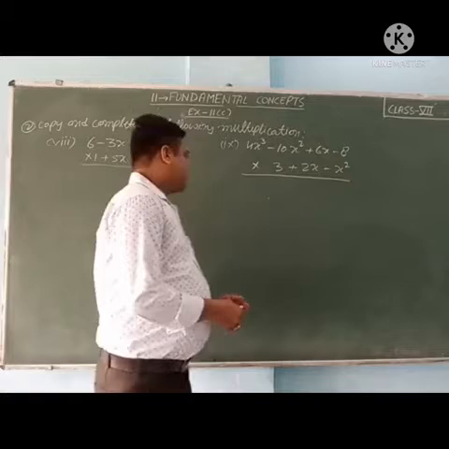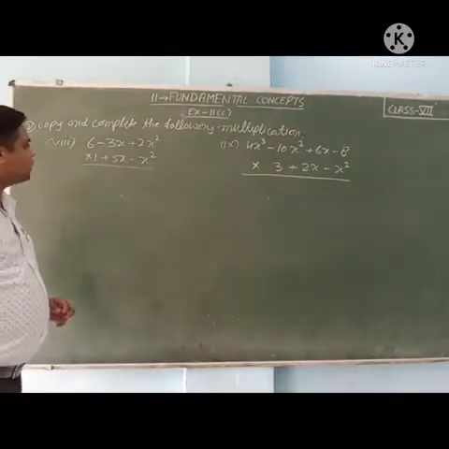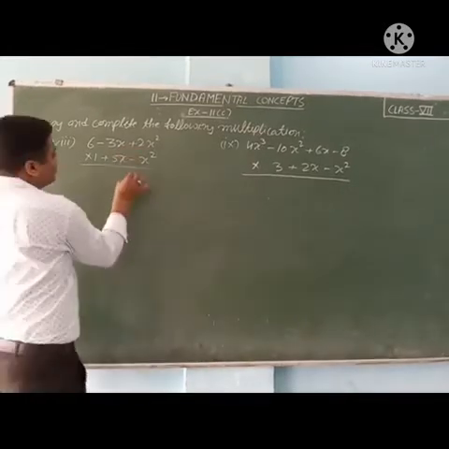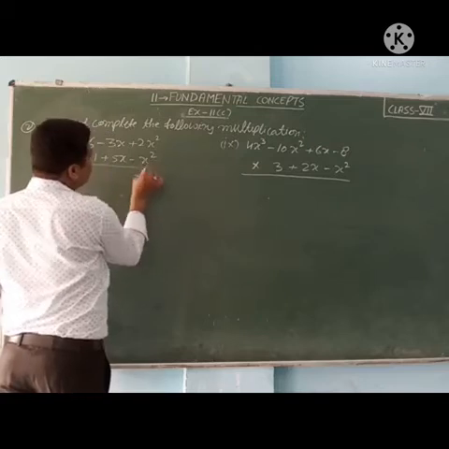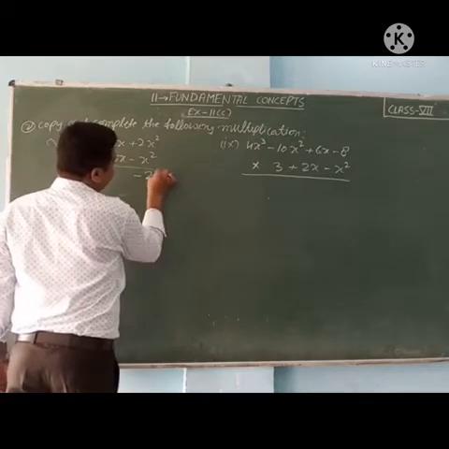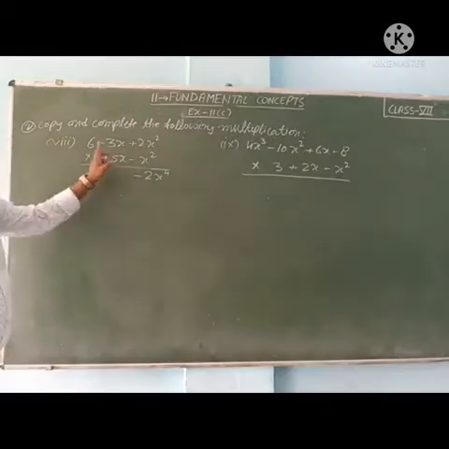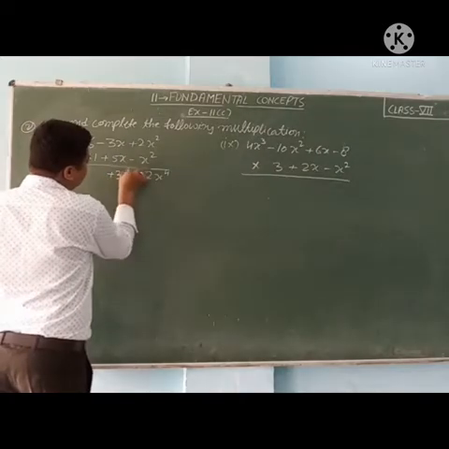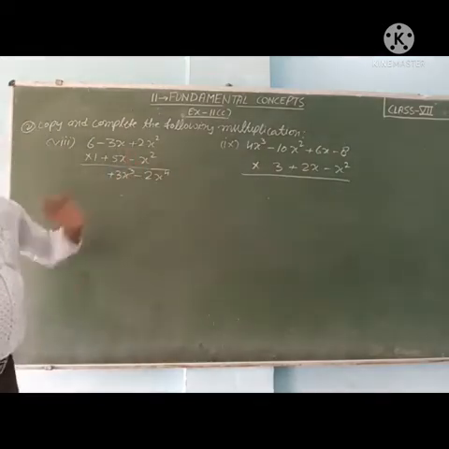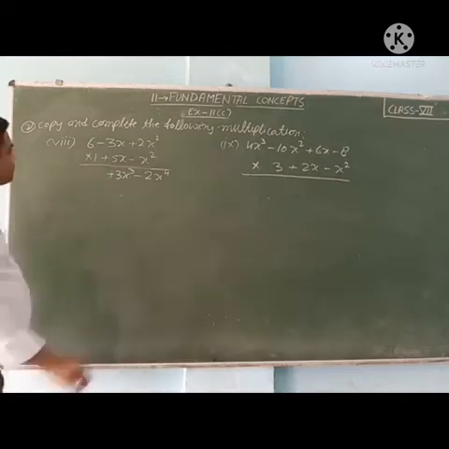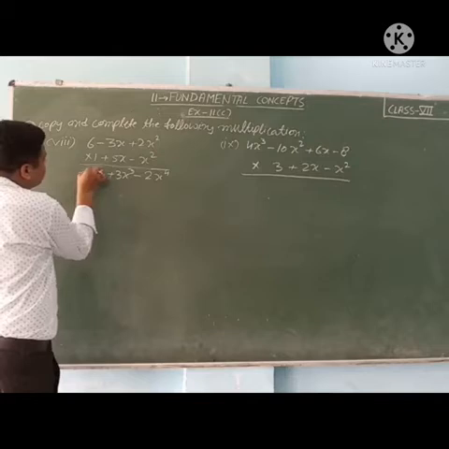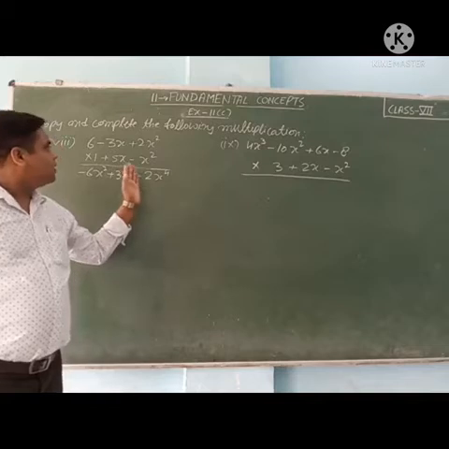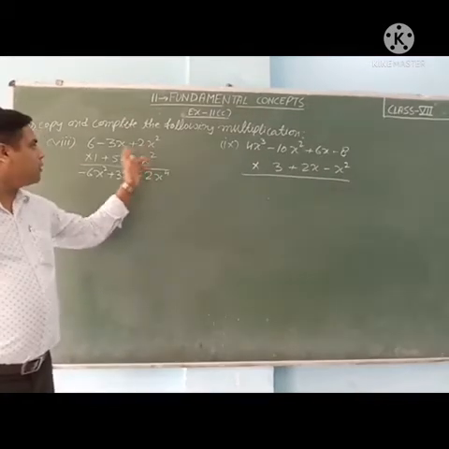Now students see 8th part, that is 6 minus 3x plus 2x square multiply 1 plus 5x minus x square. So minus plus minus 2 1s are 2x raised to the power 4. Then minus minus plus 3 1s are 3x cube. Because here power 1, here 2, it means power 3. 6 1s are 6, plus minus minus 6x square. So we had done the multiply with minus x and these all three terms.